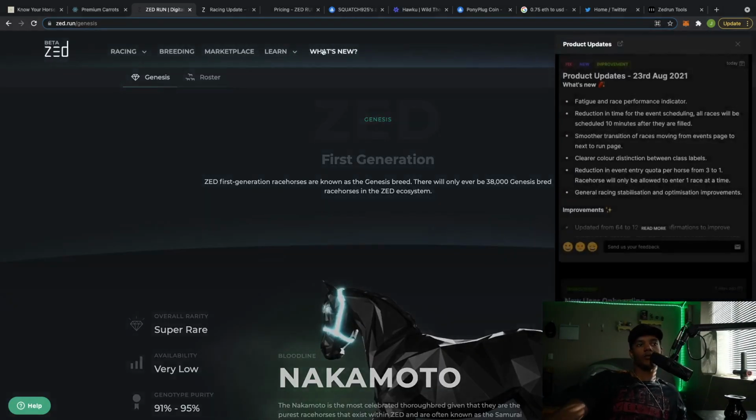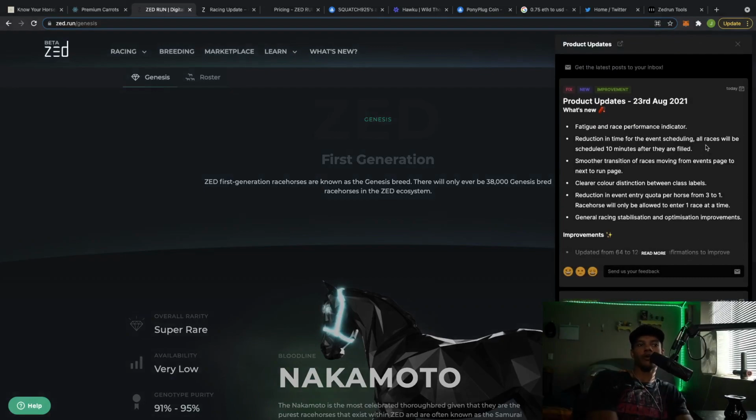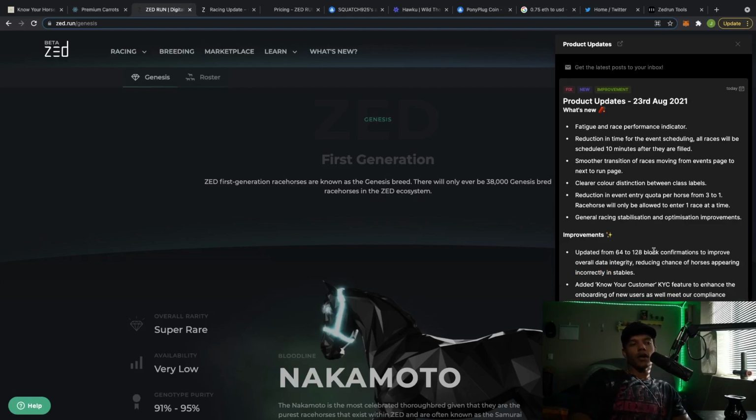So let's just go over the new update real quick for anybody that's new. If you guys stayed this long, thank you very much. So we got fatigue, which is good, right? Like, I was going to try and downclass my horse, or I was trying to downclass my horse in the 1,000 meters, which I still might. He might do by himself. Yeah, I still don't know about that. I still might try and downclass, but